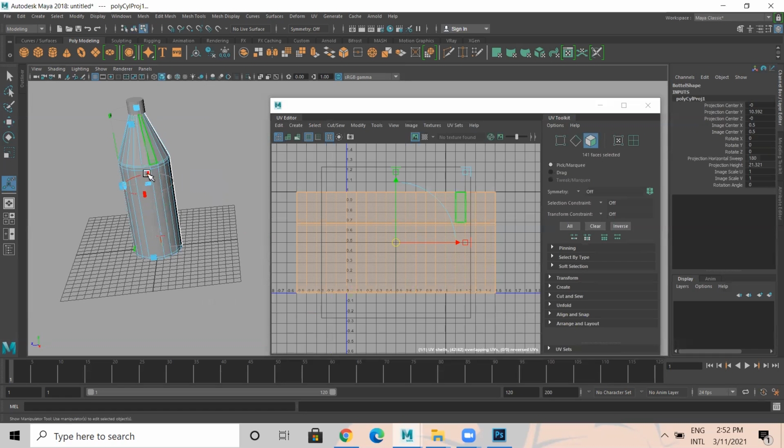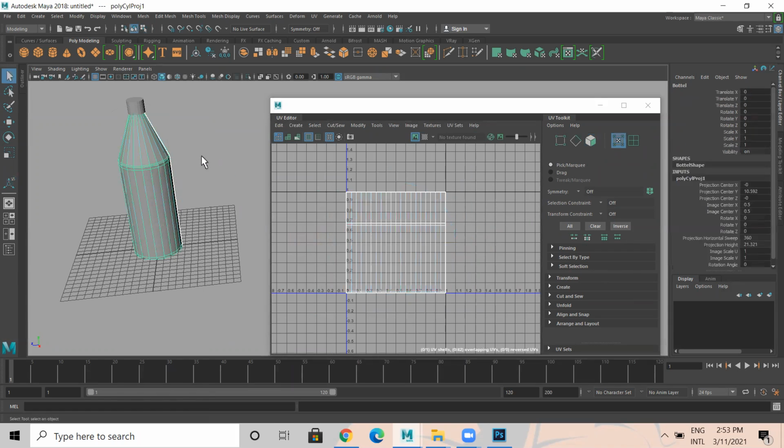And there are two red buttons here. Okay. When unwrapping is done, on the right side in the channel box, polycylinder projection has been done. Projection horizontal sweep, it is 180 degrees. We have to make this 360. Okay, projection horizontal sweep in the channel box has to be 360 instead of 180. So here you can type 360, or else select any of the red icons and drag. See, drag, close this so that it's done.